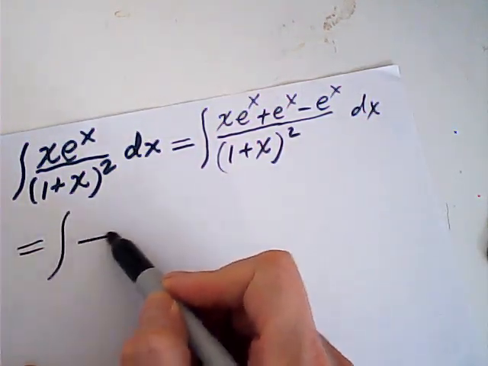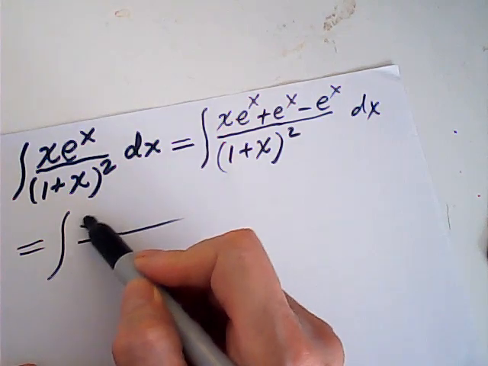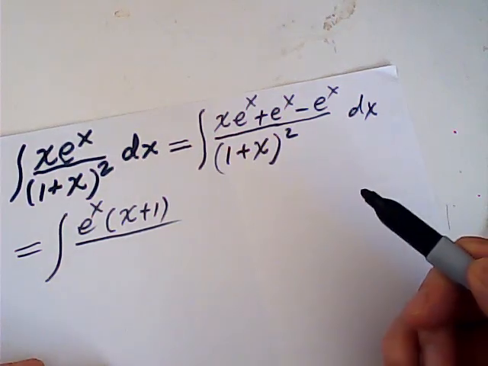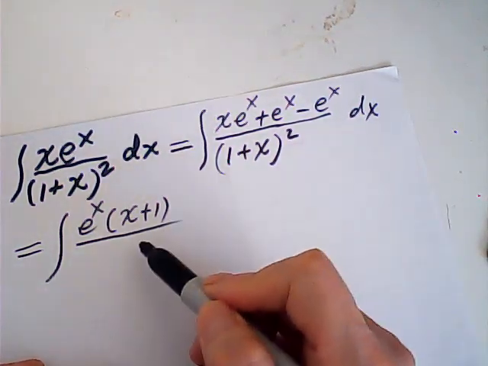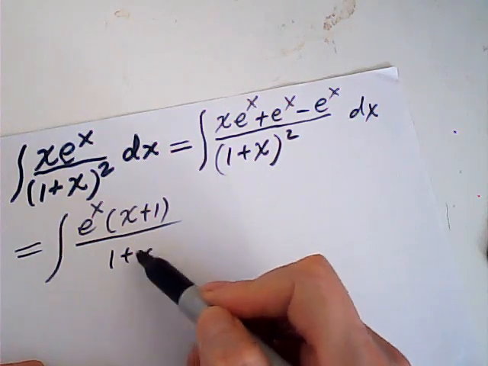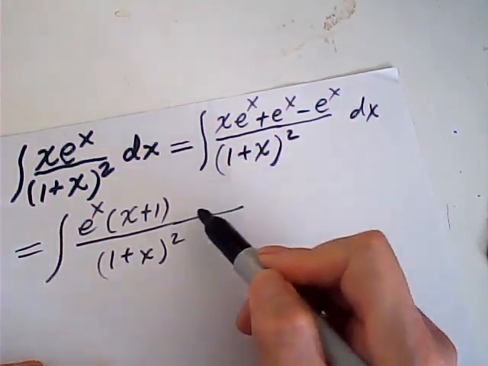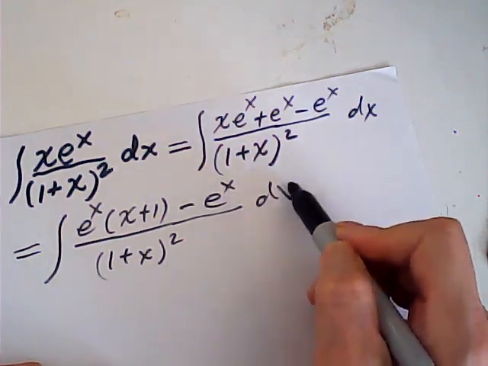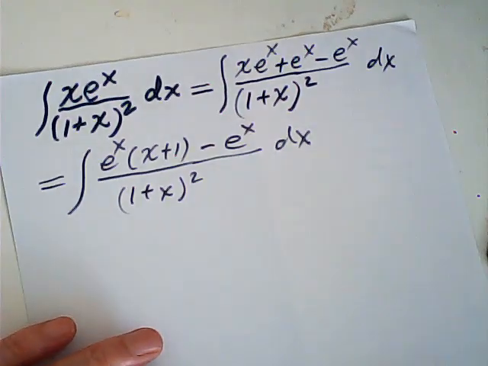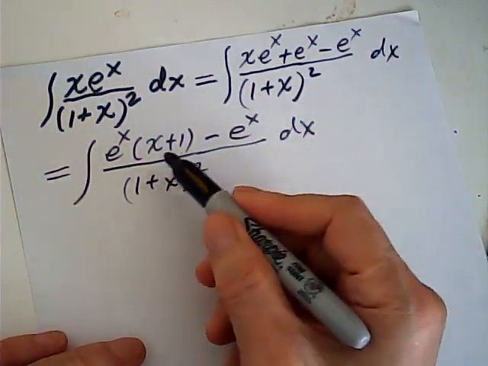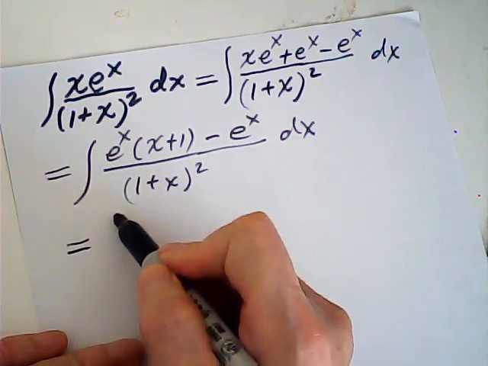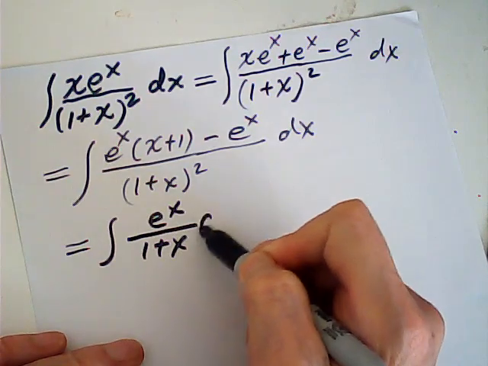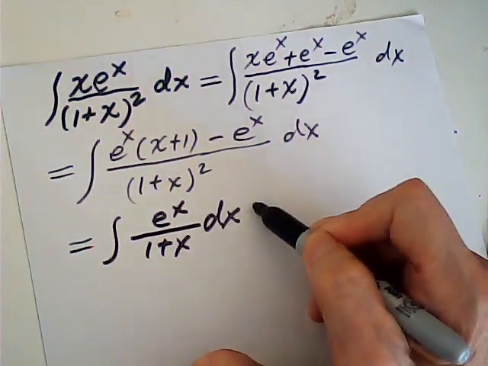So this is equal to, e to the x is common, then x plus 1, that is 1 plus x, over 1 plus x squared, and minus e to the x, dx. Therefore this can be simplified as e to the x times (1 plus x) over (1 plus x squared) dx, and minus